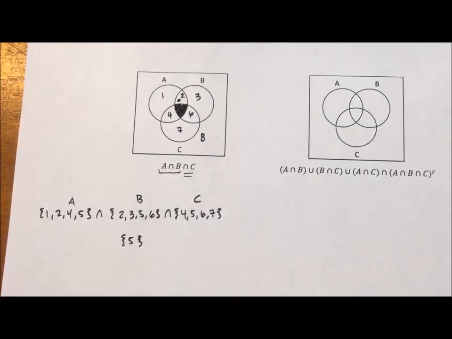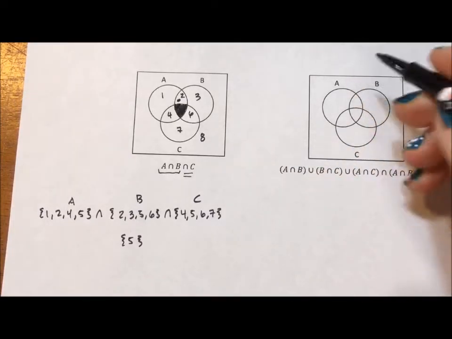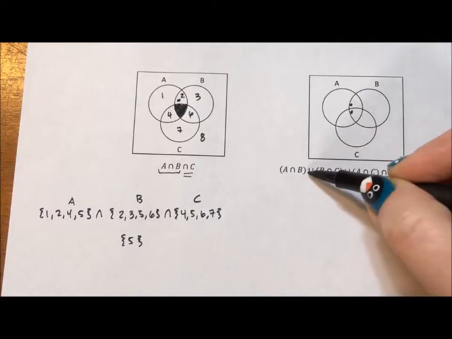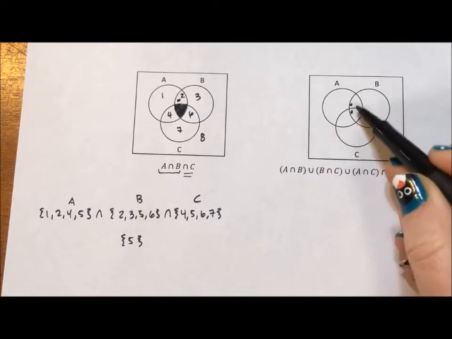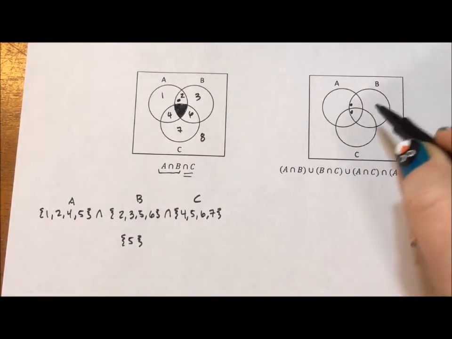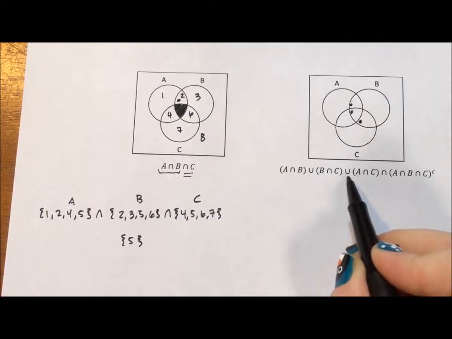Oh, geez. This looks like a much more complicated example. There's a lot going on. Okay, so the intersection of A and B are these two regions. We want the union of that. Well, the intersection union means we're adding to this. We're not taking anything away. The intersection of B and C is this region and this region. We want the union of that with